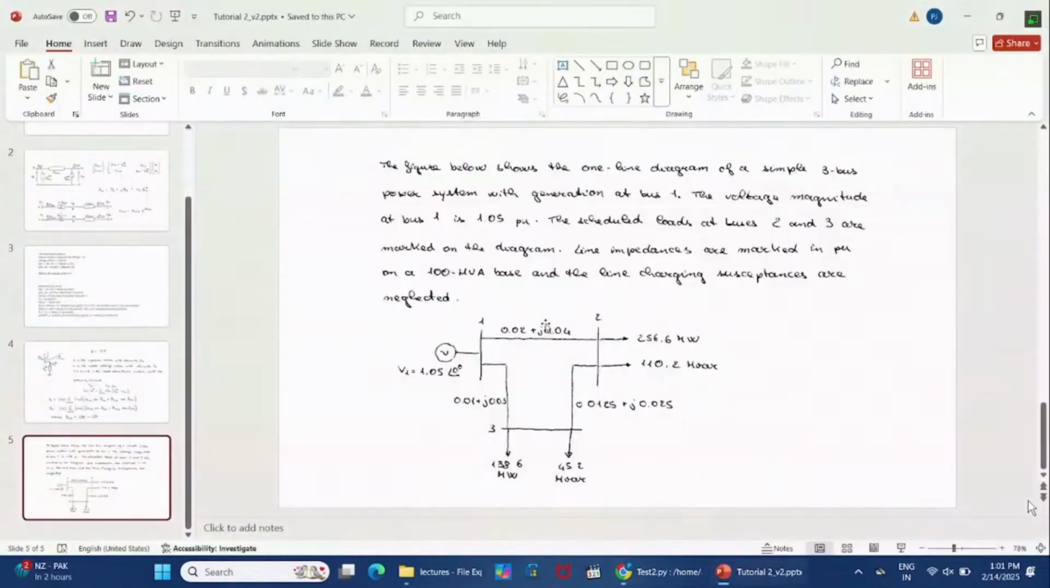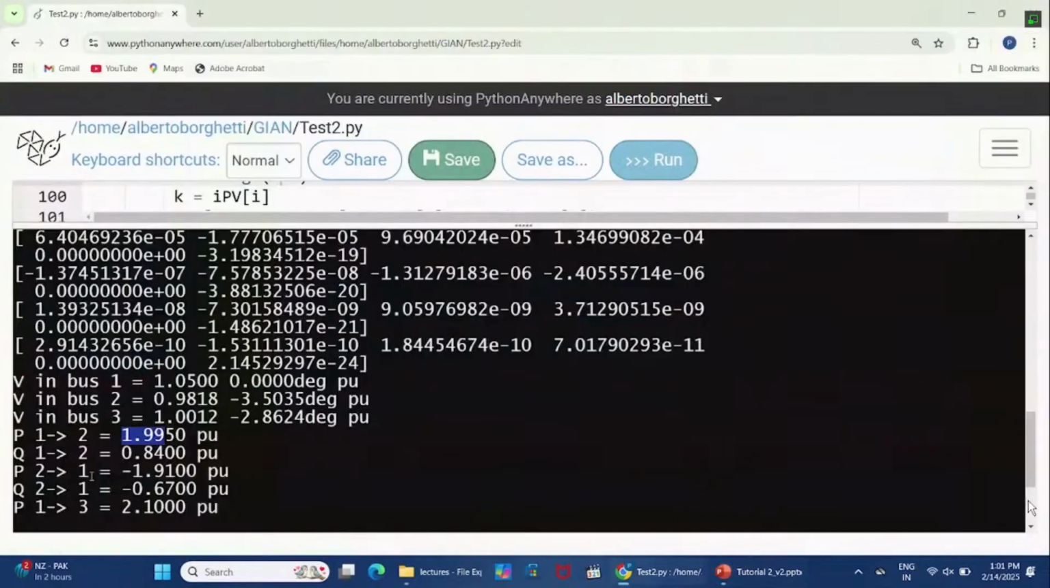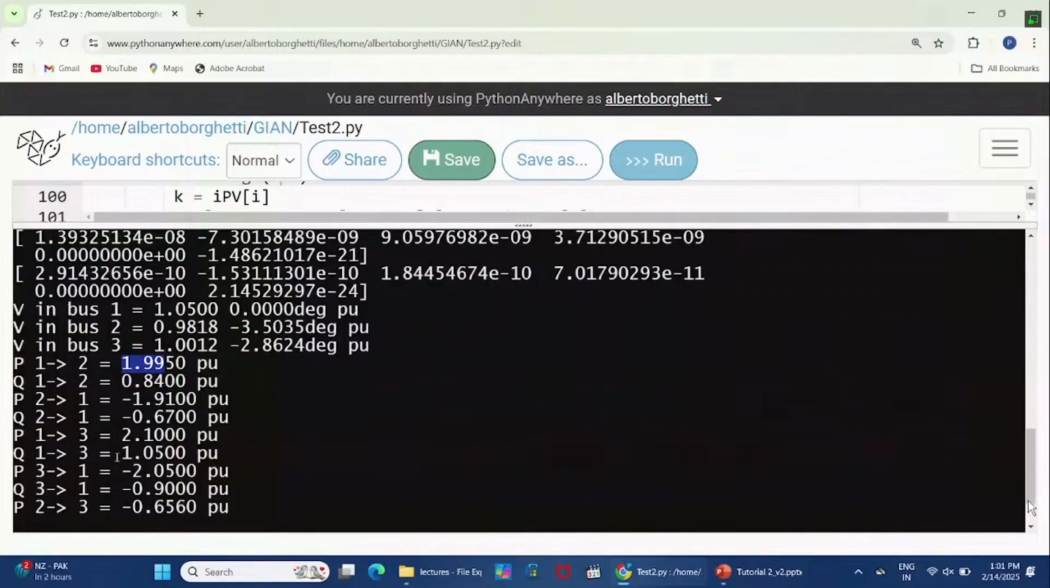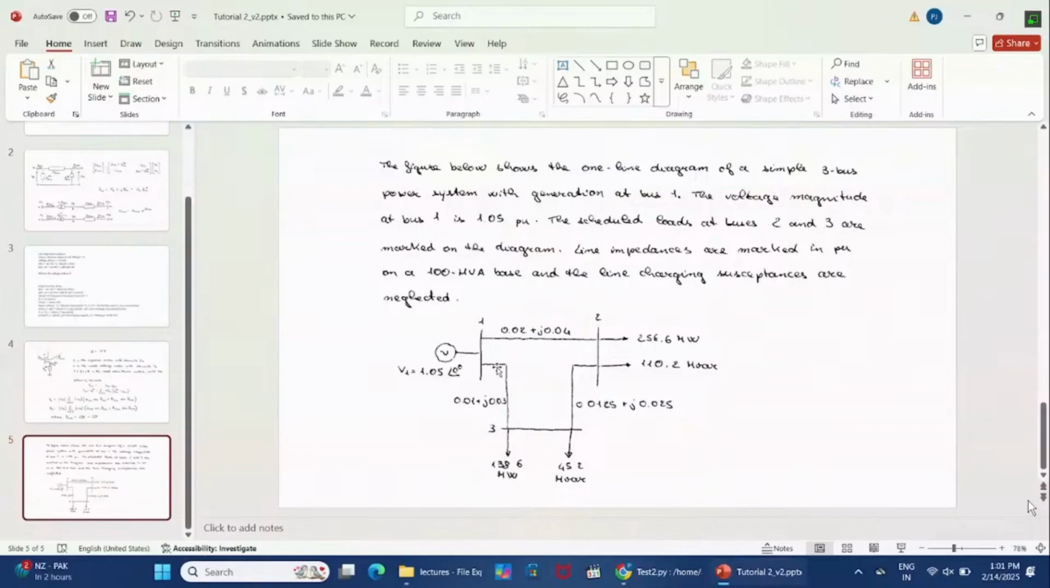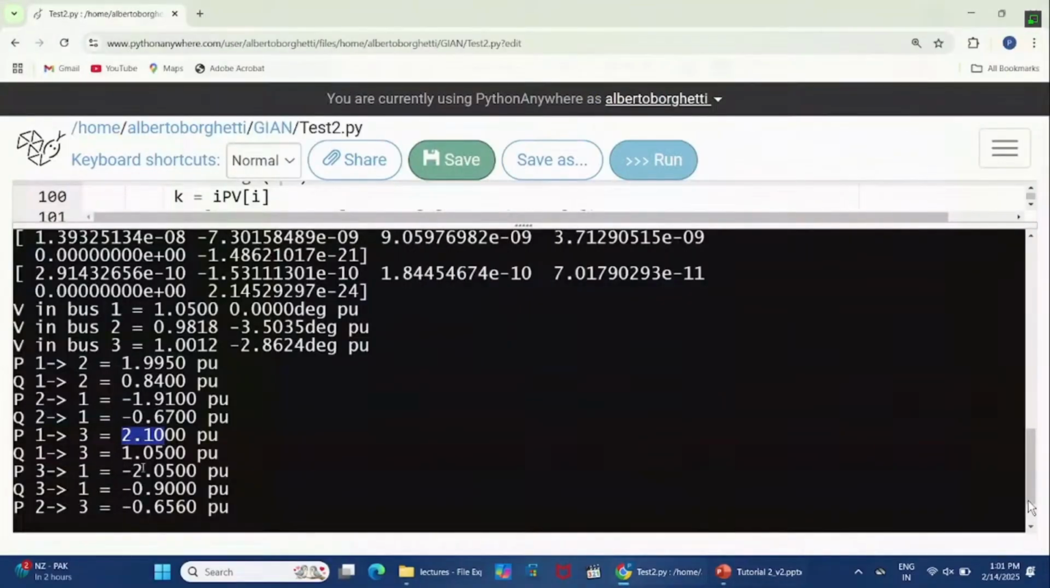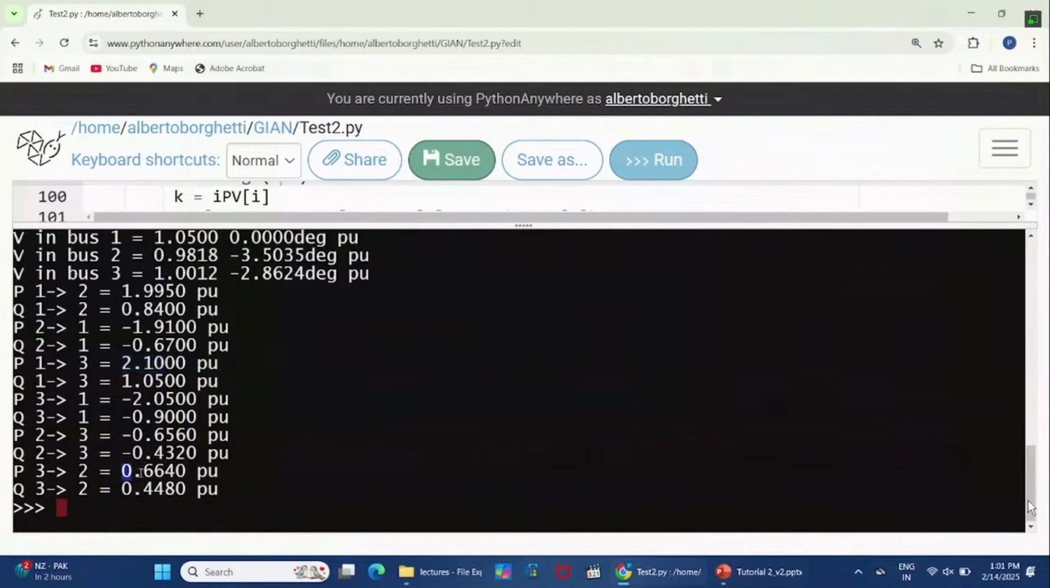And between 1 and 3, it is going to 210. So these two flows go to 1 and 2 and 1 and 3. In 3 there is this consumption, and then some power is going from 3 to 2. From 3 to 2, it is 0.066. So you see that the power goes from 1 to 2, and from 2 to 1,